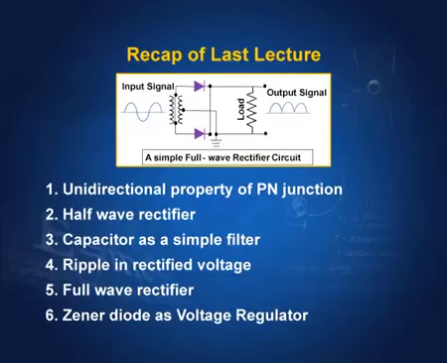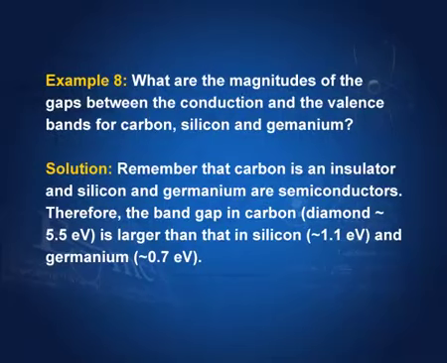And at the end of the last lecture, we studied Zener diode and found the way to make it act as a voltage regulator. Today, we continue with the examples which explain the various concepts that you have learned so far in this chapter. Example: what are the magnitudes of the gaps between the conduction and the valence bands for